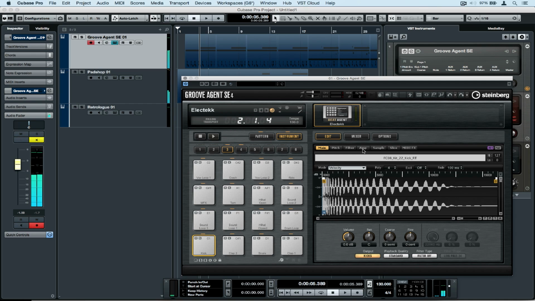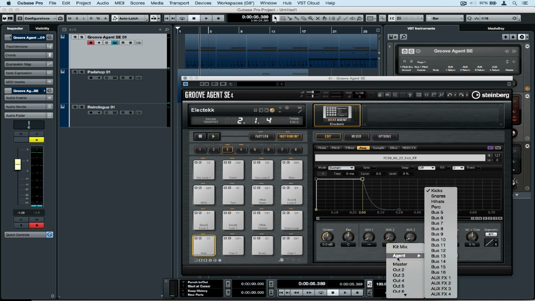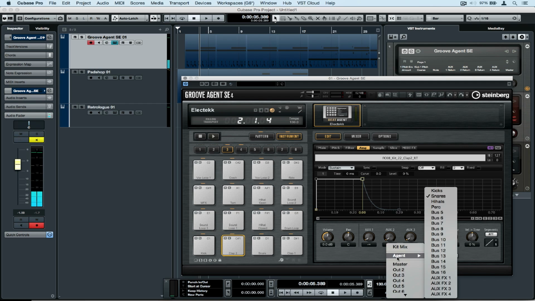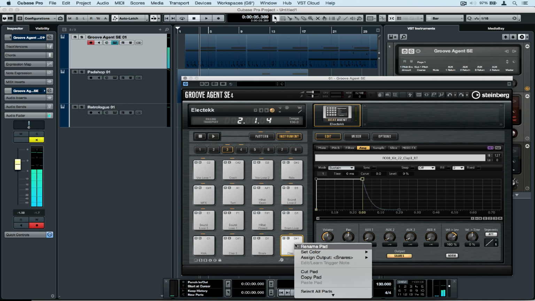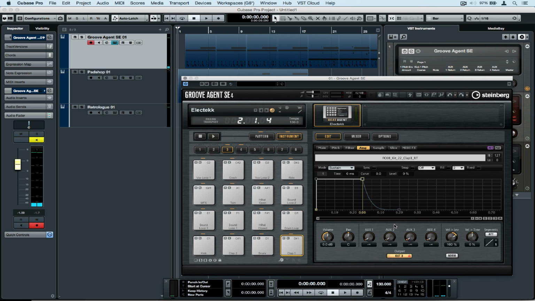So let's first select the kick, go up to amp, and then select or assign an output. The kick is now coming through its own individual output, which means we can send the signal to an effects processor on one of the synth tracks. I'm repeating the same process for both of the clap pads, except I'm sending them to output number 3. So now we've got the kick coming through output 2, the clap coming through output 3, and the rest of the drum kit is coming through the stereo